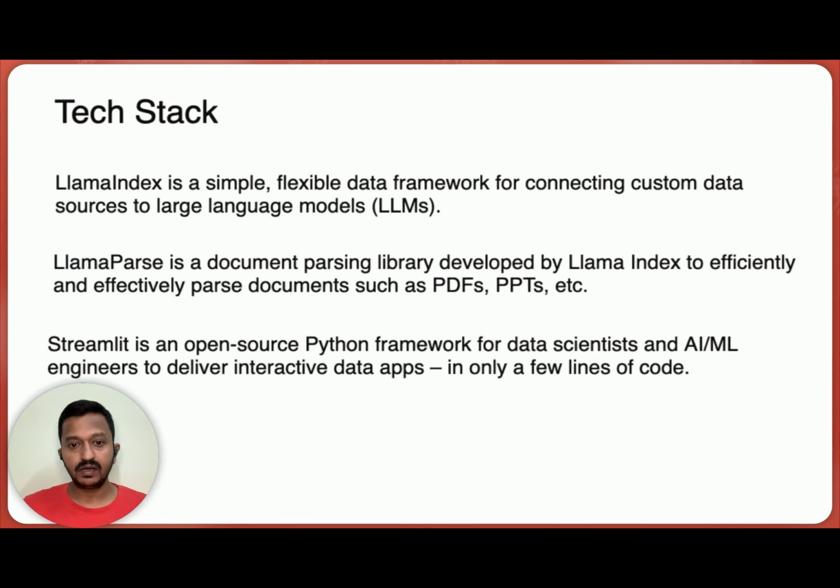So this is the simple tech stack. As you know, we are using LlamaIndex. It's a simple, flexible data framework for connecting custom data sources to LLMs. It's basically an AI framework with all the toolkit to help you build LLM-powered applications. Then we are also using LlamaParse from LlamaIndex itself. It's a document parsing library developed by LlamaIndex to efficiently and effectively parse documents such as PDFs, PPTs, etc. We are using a PDF. That's why